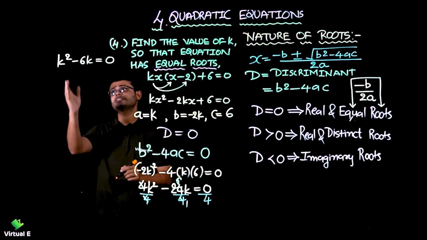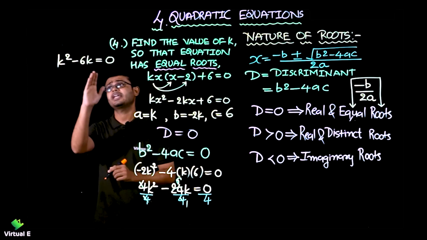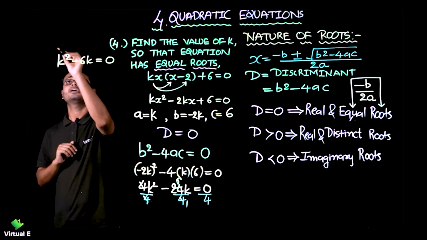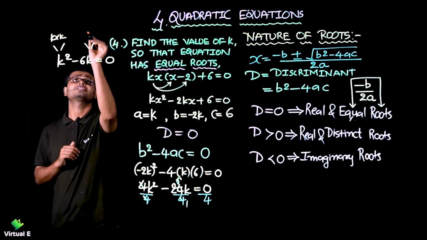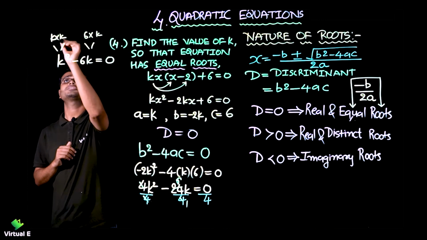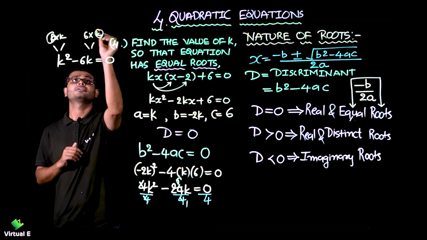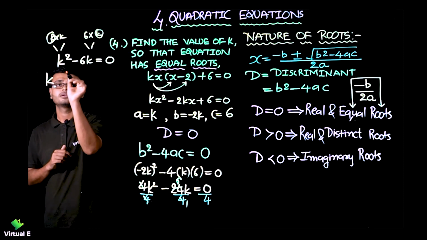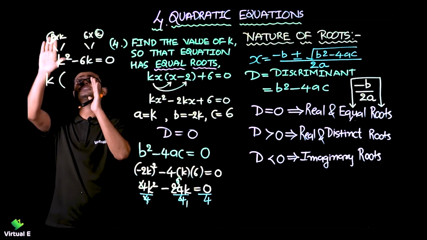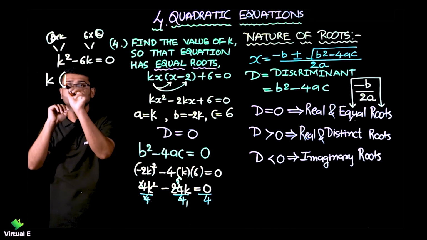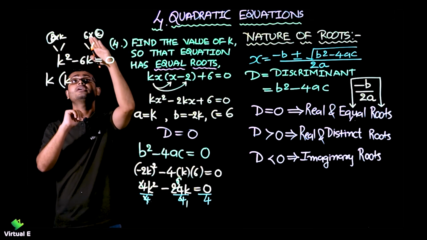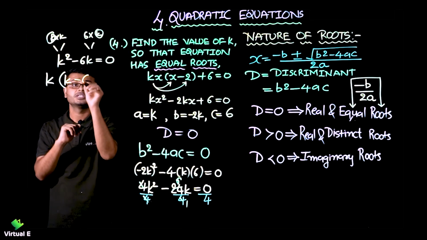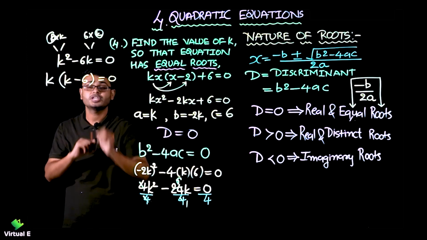Done. Now you can see k square and minus 6k. Can I take k common? Here I can write k into k, and here I can write 6 into k. So what is common between them? k is common. So let me write it outside. Now if I take k as common, then what's left? Single k over here, no power. And here if I take k common, that will be minus 6 is equal to 0.